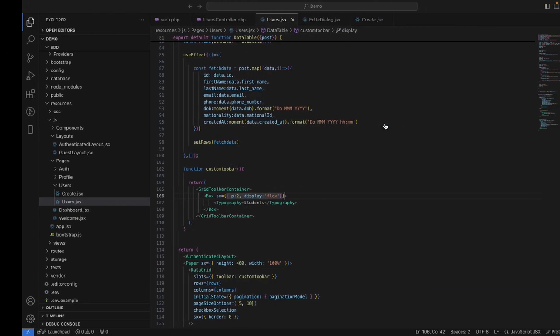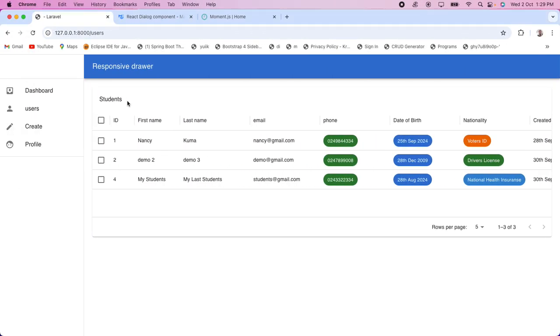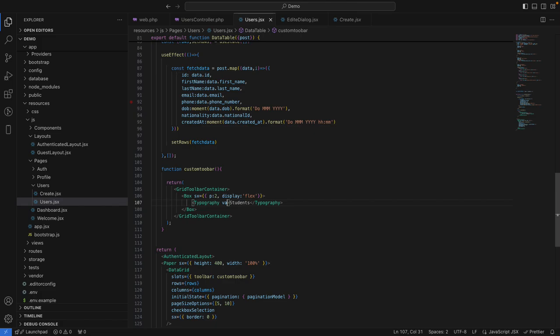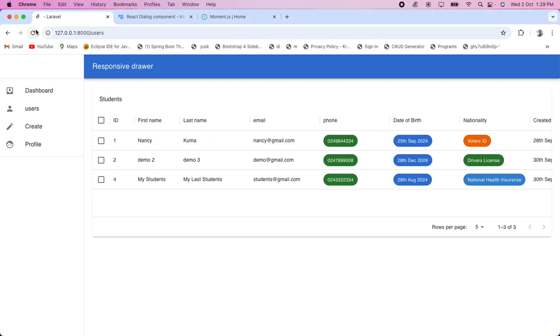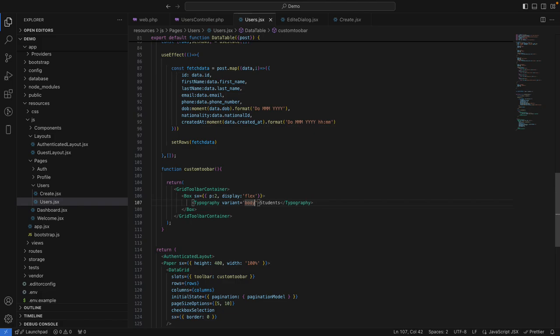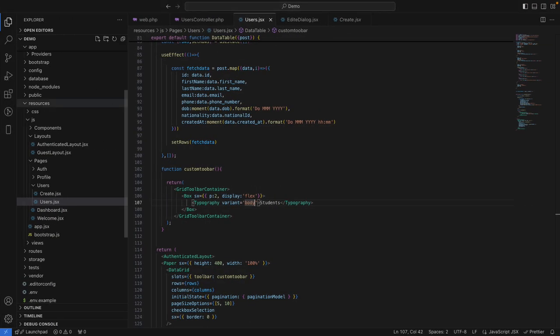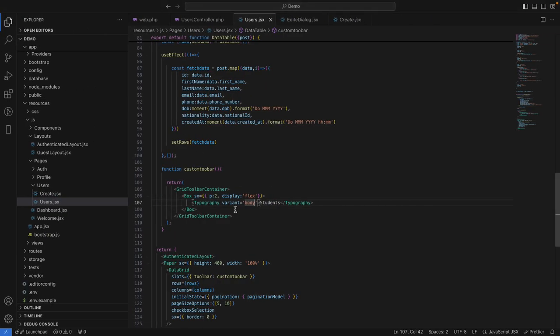Okay, then let's increase the font size of these students. So you can call it the variant, and we have a property called body1, body2. Okay, so body1 I think is too small. Let's try body2 and see. It is even smaller. Then let's just try body and see. Body is also small, so if that is small, then we can make it